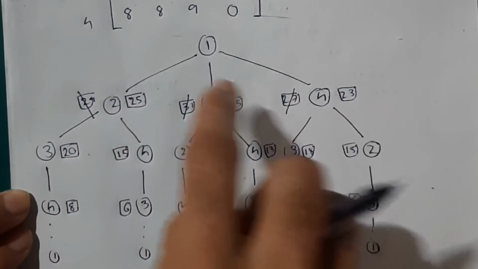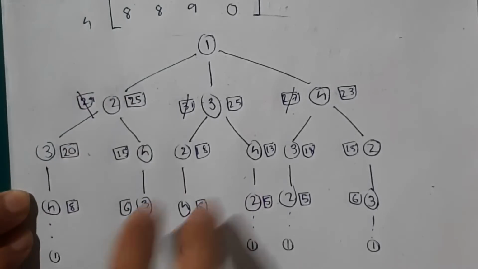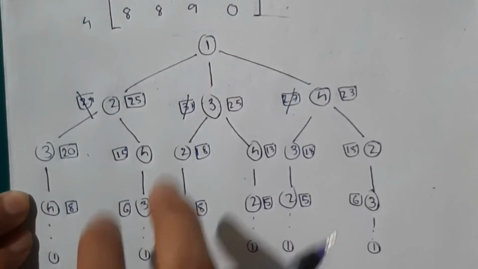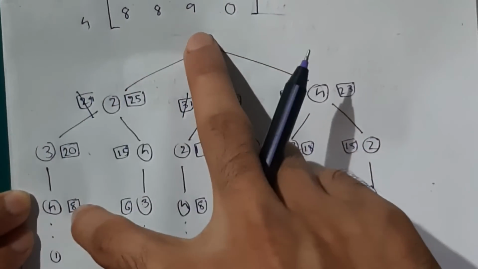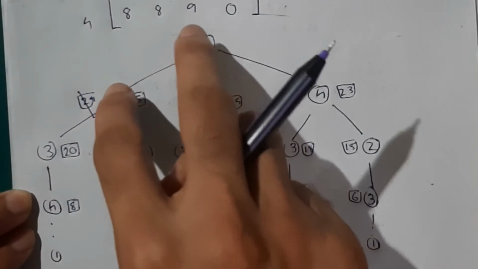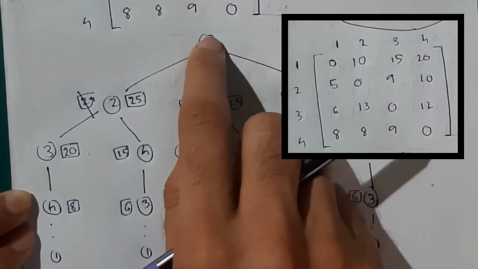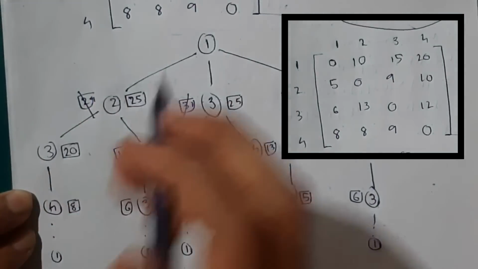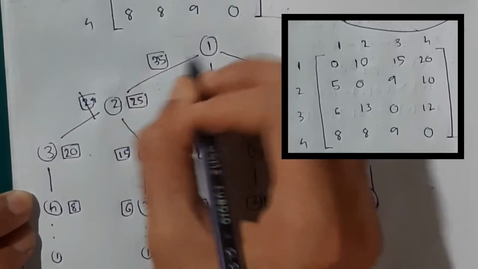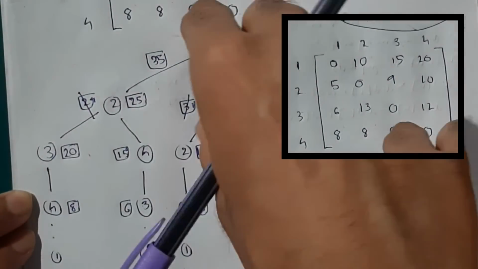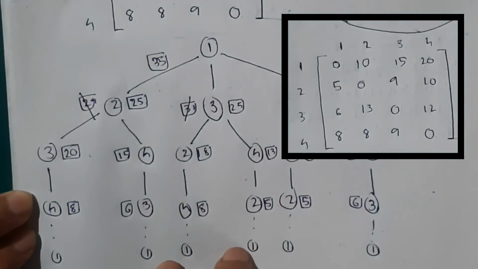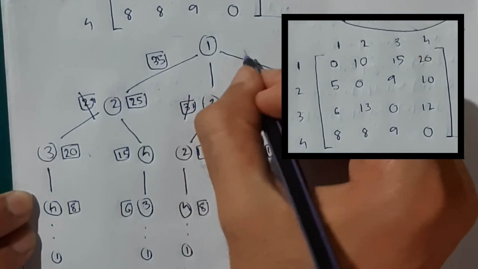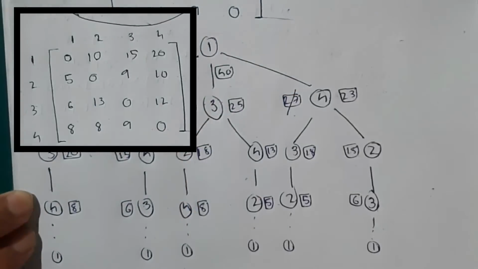Now these paths, from this path the cost is 25, from here it is 25, and here it is 23. And now to calculate the final path, we have to calculate the sum from this path to this whole. Means we know the whole from here, only we need to consider 1 to 2. What is the cost from 1 to 2? From 1 to 2 it is 10, so 10 plus 25, so the total cost will be 35 if you choose this path. Now in this path it is 1 to 3 plus 25. What is 1 to 3? 1 to 3 it is 15. 15 plus 25, what is it? 40. So I'll be writing 40 here.